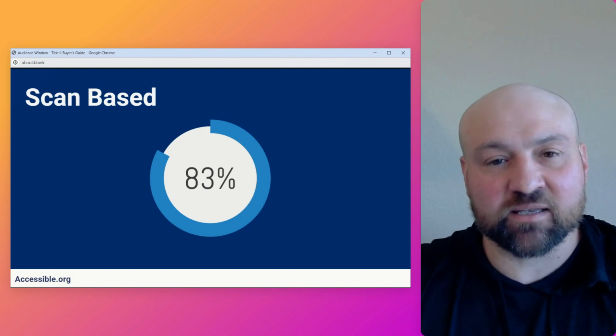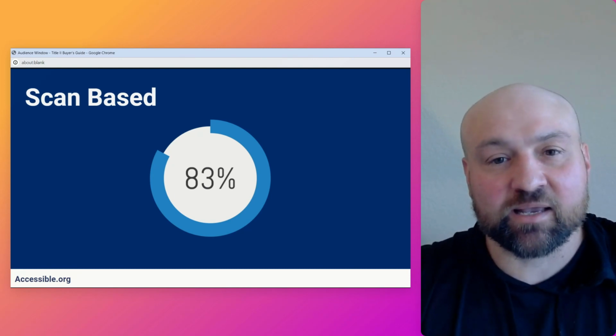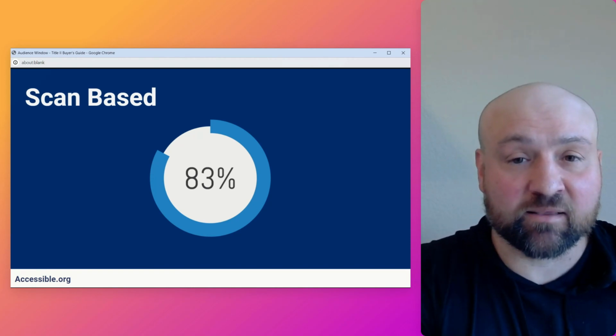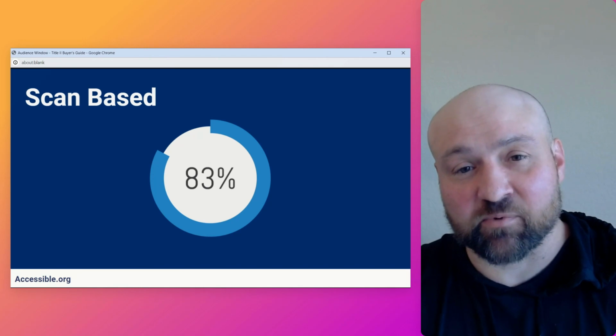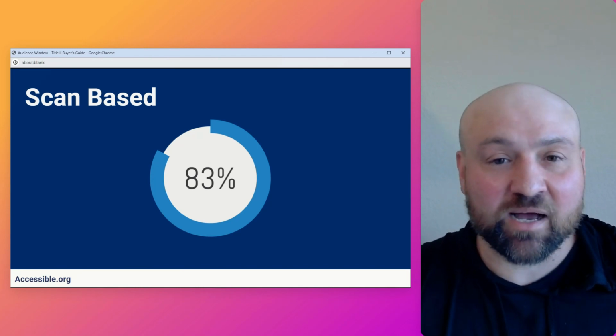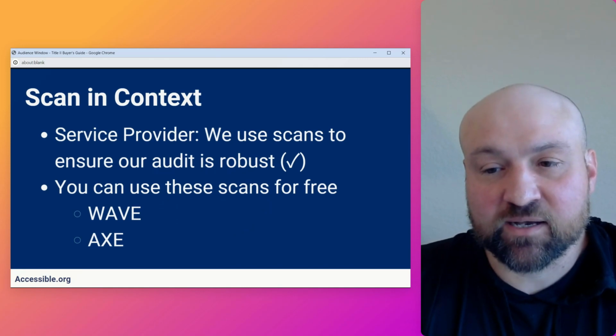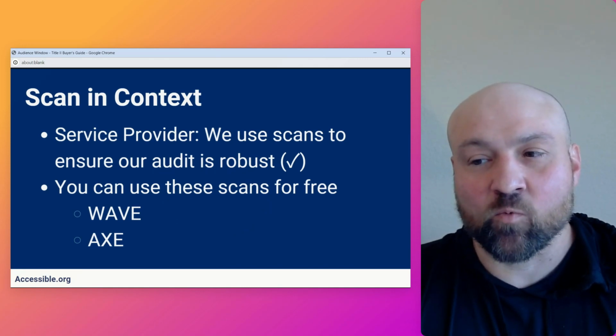Again, our end objective is not a 100% score on a scan. It is WCAG 2.1 AA conformance. Those are two different things. The 100% scan score comes as a result of the full conformance, but it is not what we are moving towards. So to put scans in context, if we have a service provider that tells you